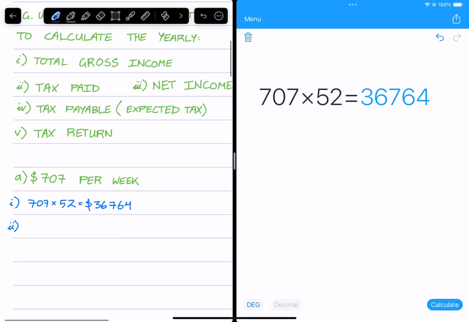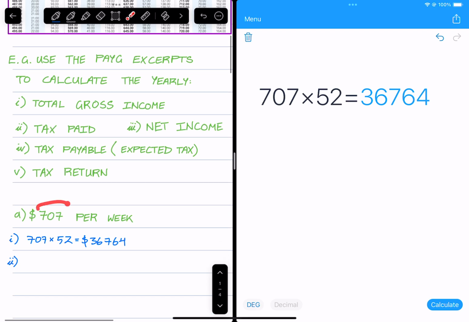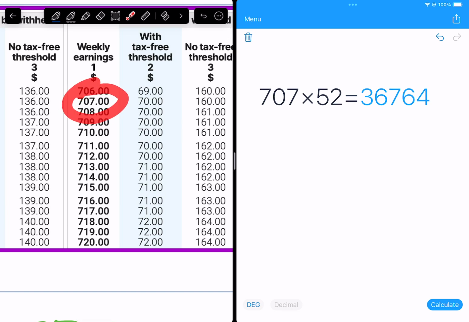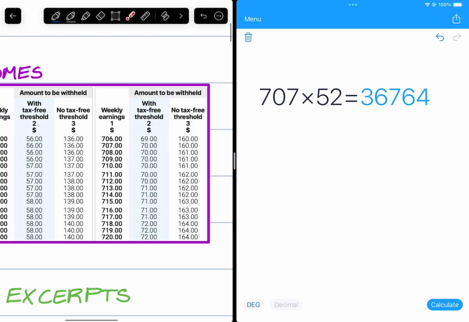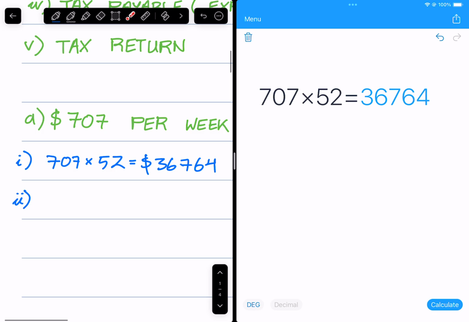Part 2. Let's take a look at how much has actually been paid by this person throughout the year. Okay, so now for this, we have to look at $707 in the weekly PAYG tax tables. So 707, we have it here. So this amount is actually being subtracted by $70 every single week. So to find out how much they've paid throughout the year, it's just going to be that $70